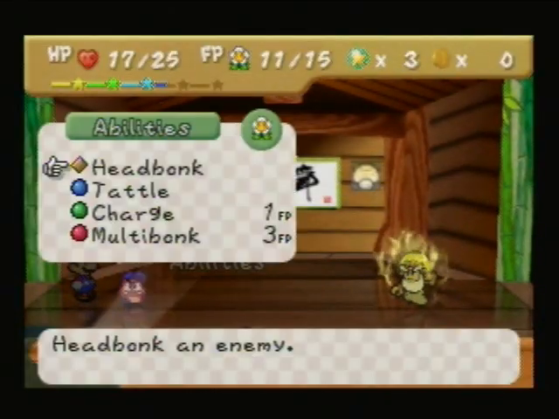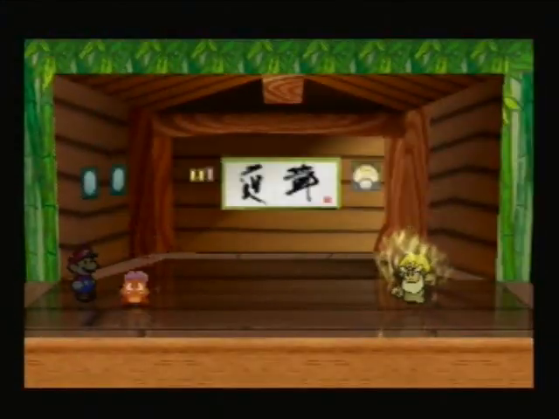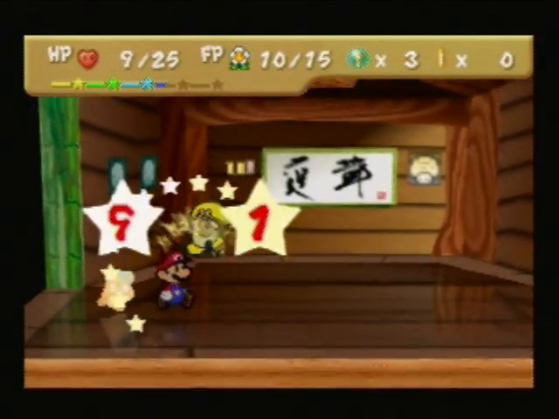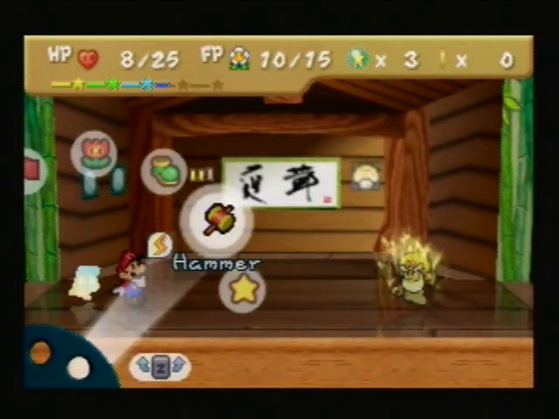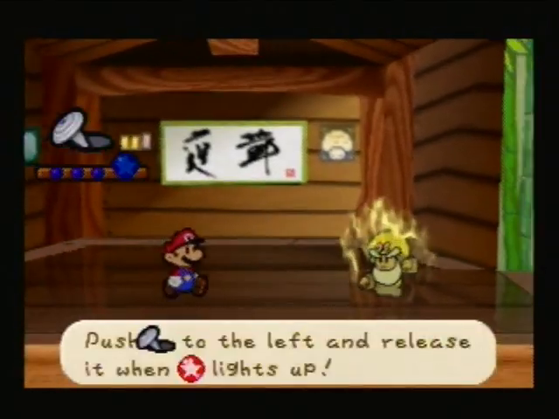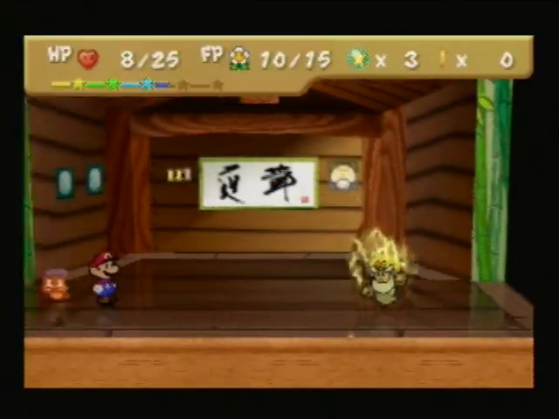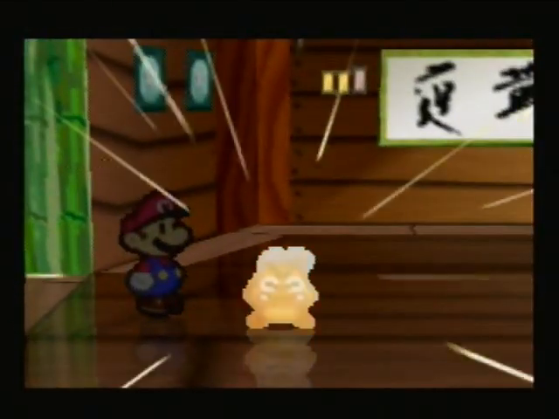With enemies with low defense, it's a smart idea to use attacks that are, what am I trying to think of? When they have defense, that's when you switch to your hammer. When they have no defense, that's when I generally like to think that it's better to use